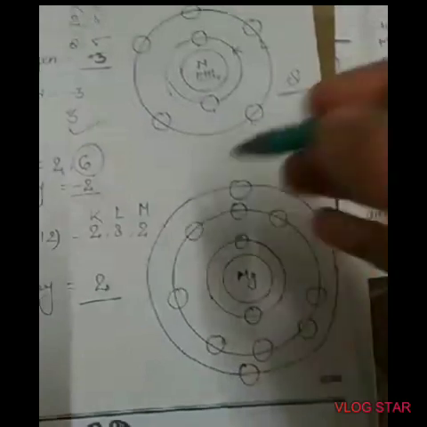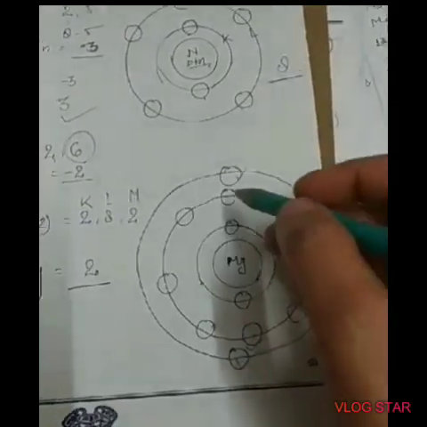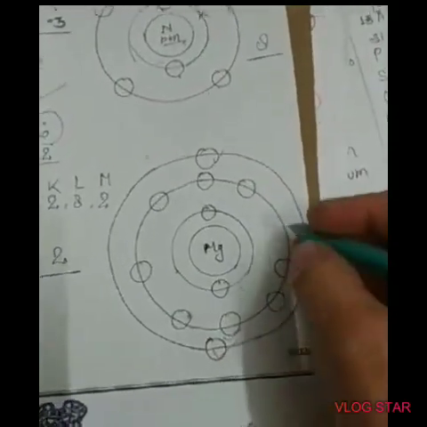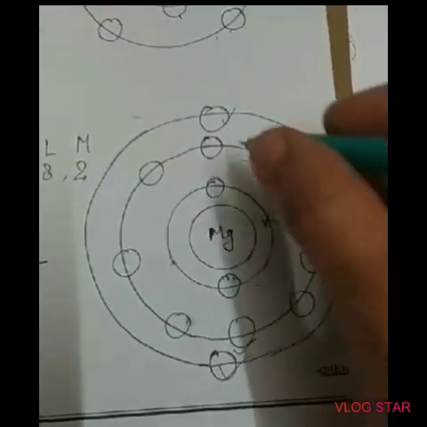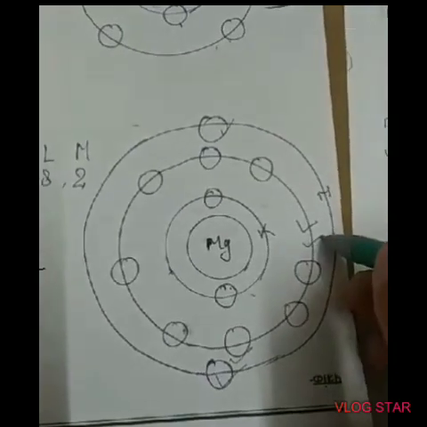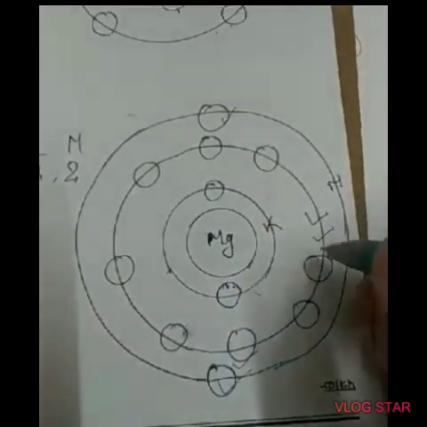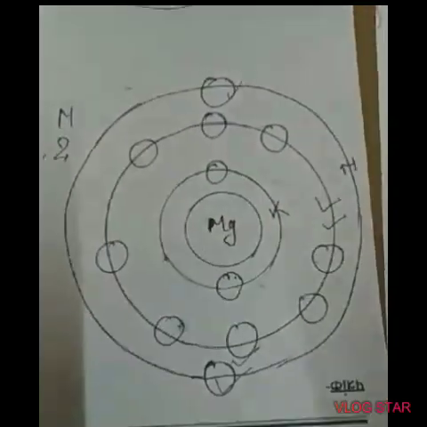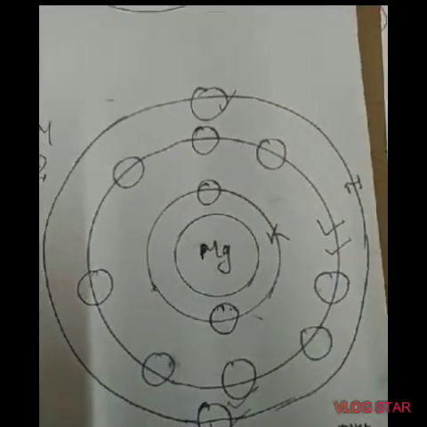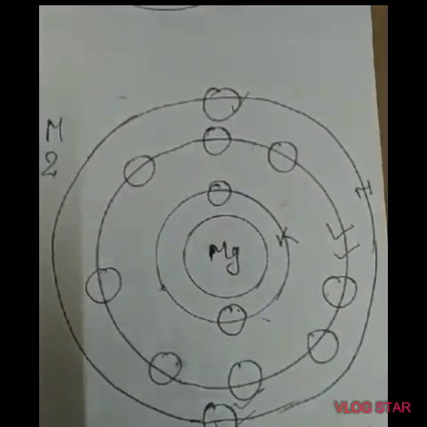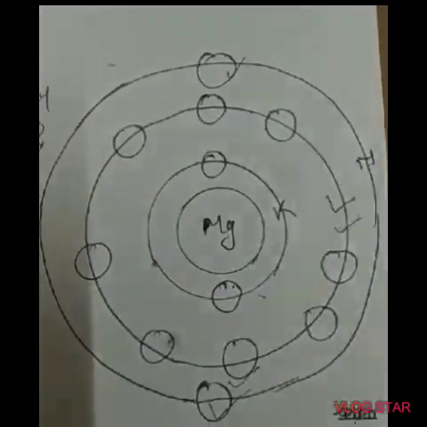It means it can donate the 2 electrons to attain the octet in its outermost shell. If it donates the 2 electrons, then the outermost shell will be L. This time it has 3 shells, K, L, M. If it donates the 2 electrons, the outermost shell is L, and it has 8 electrons in it. After donating, it will have 8 electrons in its outermost shell, and then it will get stability. When will an atom get stable? When it attains the octet rule, meaning it has 8 electrons in its outermost shell. Got it?